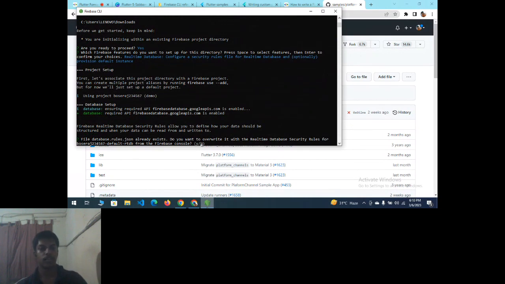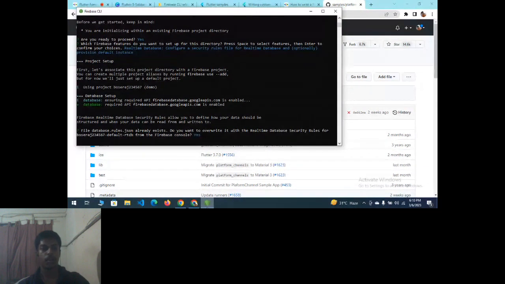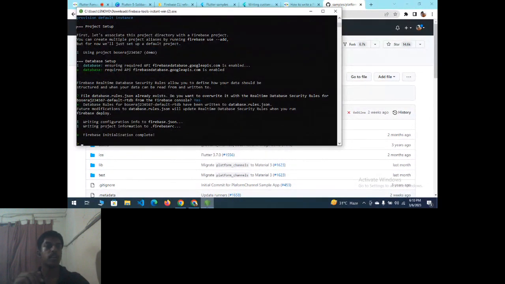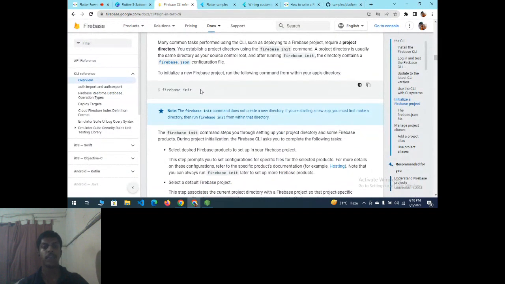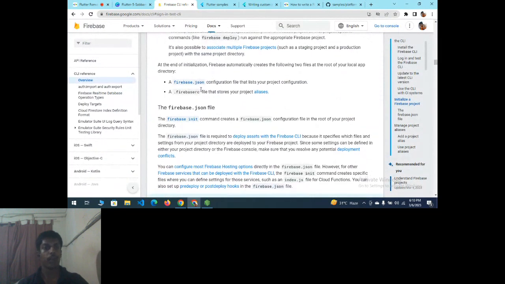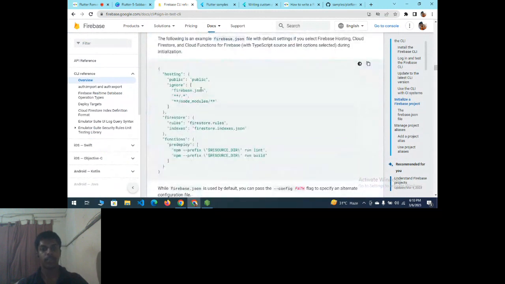Okay, do you want to overwrite? Yes, I want to overwrite. Already one file has been created. So the Firebase initialization is completed, and the project is being created. After that you have to deploy it. So to deploy, simply click on